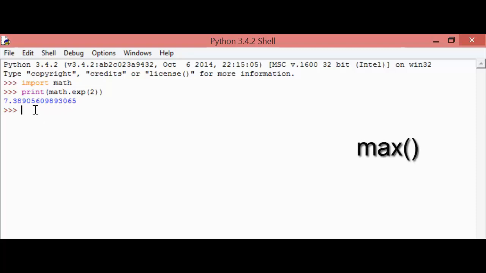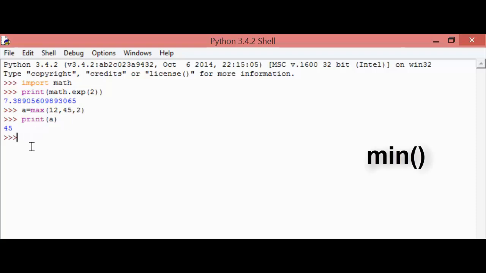The next method is the maximum method denoted by max. For that we don't need to import the math module, we can access it directly. So A equal to max of 12, 45 and 2. Here we print the value A. So here we get the result 45. So 45 is the maximum inside this list of items. So this is all about the max method.